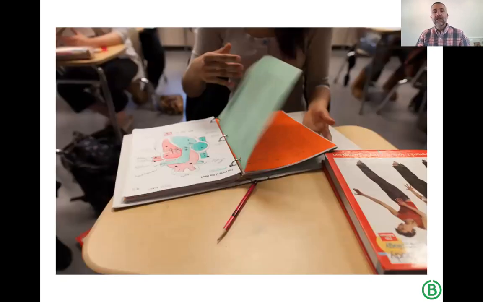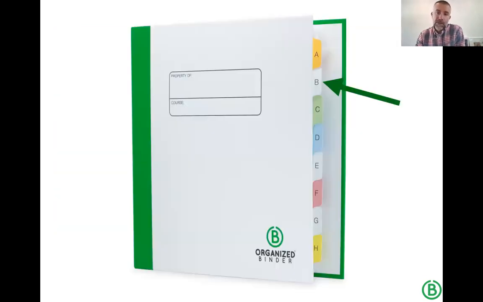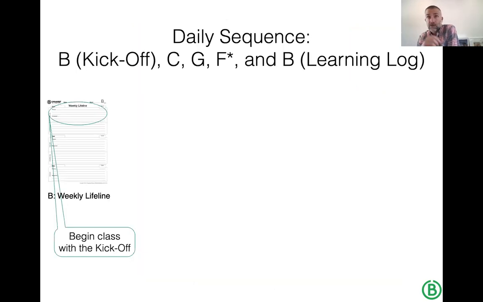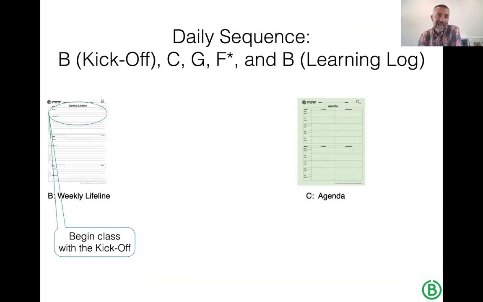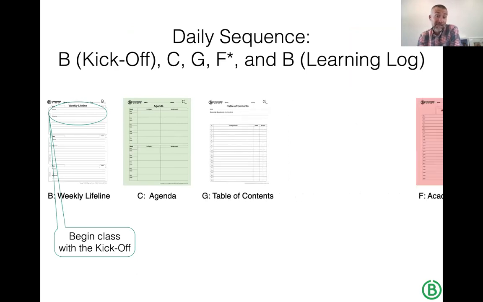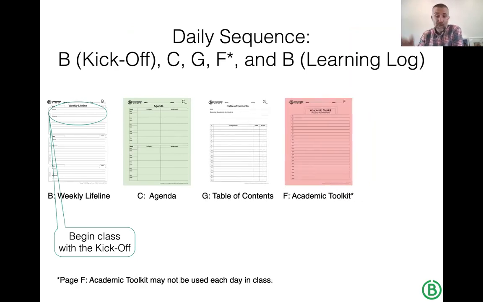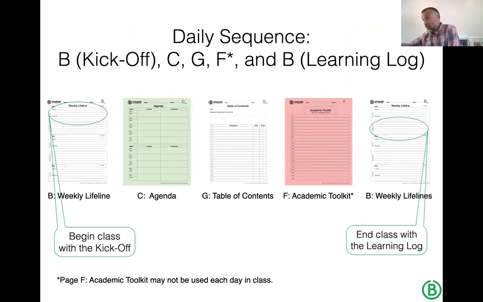Okay, so these are the kickoffs. They all end up back in their binder behind this B tab. So if you think about that, if you really did have an 18-week semester, they could have as many as 18 of these, which would be times 5. And it can be done at home on a hybrid schedule. If you're home for a week and back, same learning routine. And they're building basically a study guide for the entire semester. And then in June, at the end of the year, they could have a study guide or a portfolio of these from the first day of school till the end.